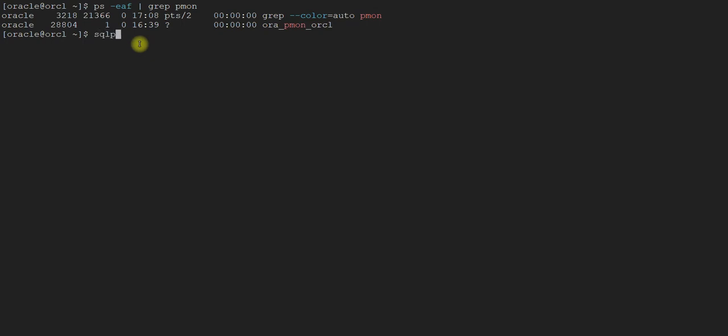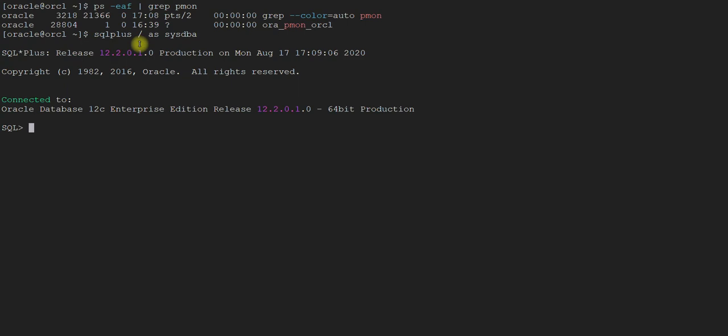Okay, let's log into the database. Okay, we are currently in the database. Let's check if this database is CDB or not. So select name, CDB from v$database. By the way, we are currently in the root database. As soon as you log in, or log out and log back in, you are always in the root container. So CDB says yes. It means this is a multitenant environment.